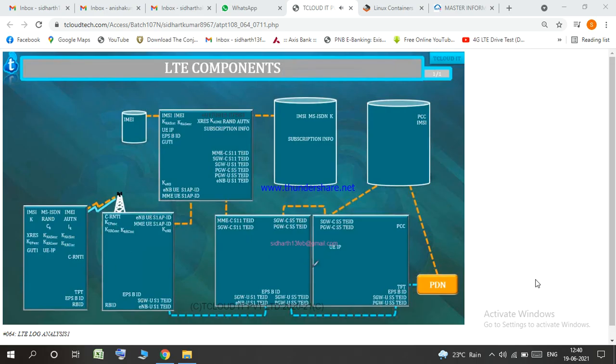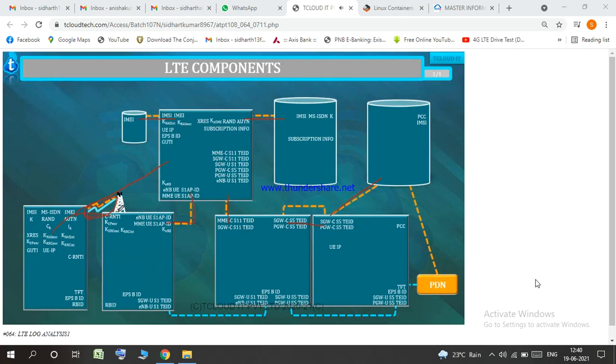So by achieving the overall communication procedure by using all the protocols we have studied so far, RRC, S1AP, diameter, GTPC, and diameter again between P gateway and PCRF. Here it is diameter. This is GTPC, this is GTPC, this is S1AP, this is RRC. Mobile to MME, it is NAS. By using all these things, what we have achieved ultimately is we decided to create and successfully created the needed